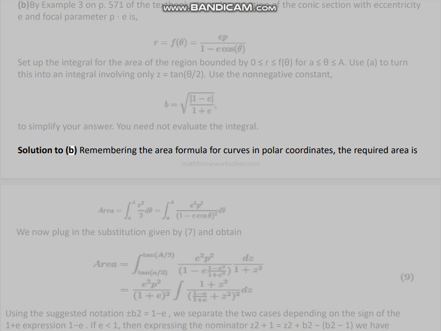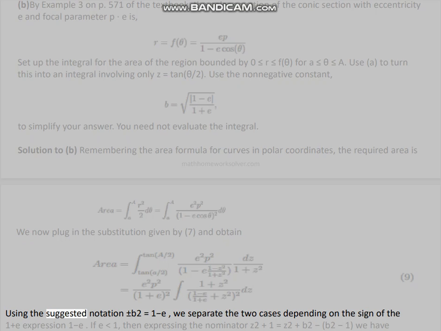Solution to B. Remembering the area formula for curves in polar coordinates, the required area is. We now plug in the substitution given by 7 and obtain. Using the suggested notation plus or minus b² equals 1 minus